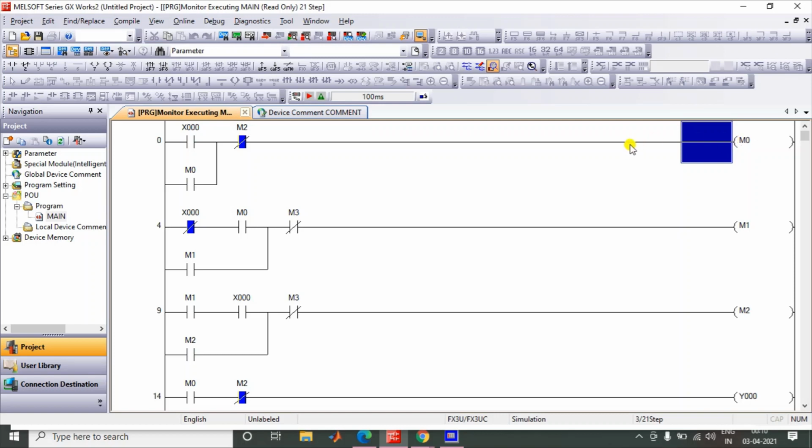So I just want to elaborate it again. You can see what is actually happening, what I'm going to do in a real situation. I will press x0 and x0 will be pressed, my lamp is on. So I just remember this first press in the form of memory here. Okay, and now what I will remember in the next step is that I have already pressed that button and now the button is released. So I just remember that step in memory again, in the form of memory m1.